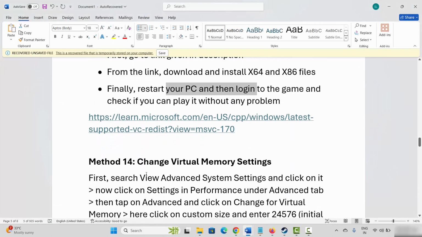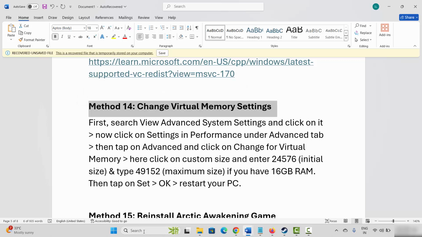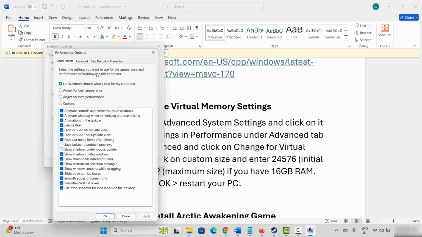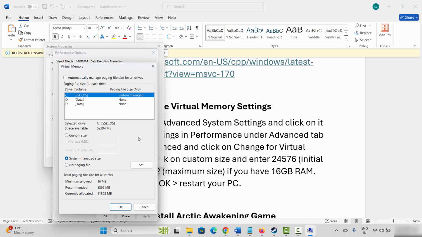If not, next is to change virtual memory settings. For that, go to the Windows search for view advanced system settings. Now click on advanced, then click on settings, click on advanced. After that, click on change, and now here you have to select the drive where your game has been installed. After selecting it, click on custom size. In the initial size, you have to type 12288 and maximum size 24576. Now this configuration is for 8 GB RAM if you are having on your system,